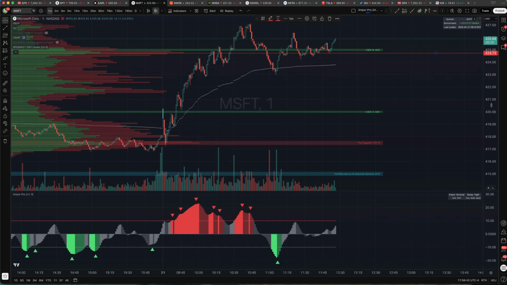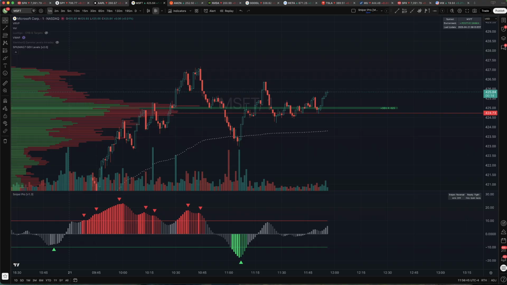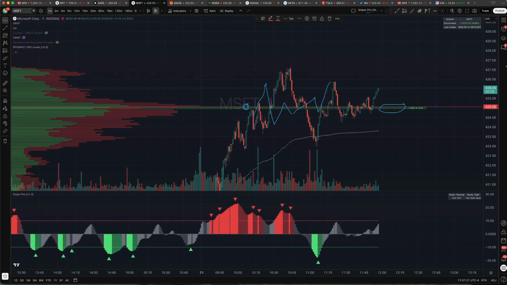And as you can see, if we get really granular here in Microsoft, we've bounced off of the VWAP area, came right into that level, rejected, pushed above that level, then we kind of chopped around it, but you can see we pushed up, we've retested it, now we're pushing up some more. And these gamma exposure levels, while that's exactly 425, and now that we're in closer, VRVP or VP stands for visible volume range profile. So as I switch out to larger time frames, I start to see more information,